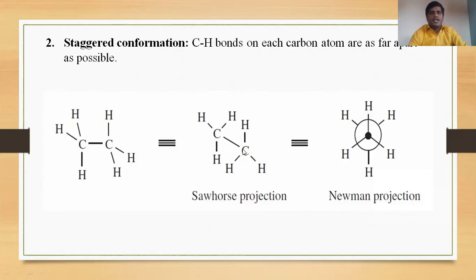Whatever the hydrogens are there, we will write. One in the upward direction, here we will write, then here and here. That is called the Sawhorse projection, and the bond angles between these hydrogens are like your tetrahedral bond angle that we are generating, and such a type of projection is called your Sawhorse projection. And how do you represent the staggered conformation?